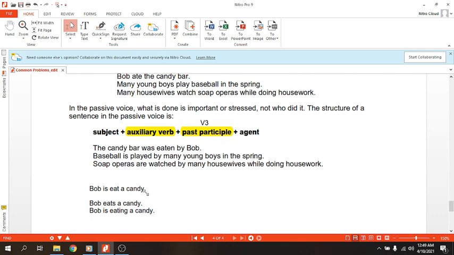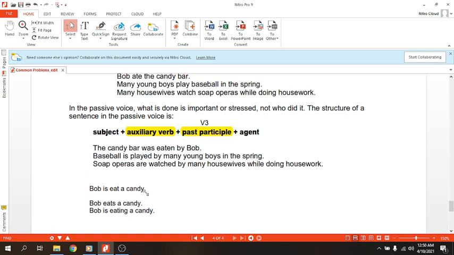Kalau dari sentence grammarnya kayak gini. Nah, tapi kalau dari maknanya kita sudah tahu sebenarnya. Maksudnya Bob makan, bukan Bob dimakan. Tidak mungkin kan Bob dimakan. Jadi pasti Bob makan. So if the subject performs an action, it's active voice. Tapi sekali lagi, when you write, yang dinilai bukan apa yang ada di kepalamu. Because when you write, it means you express what's in your mind. So if your sentence is not clear, then as a reader, I will not understand what you are thinking, what you want to say to me.